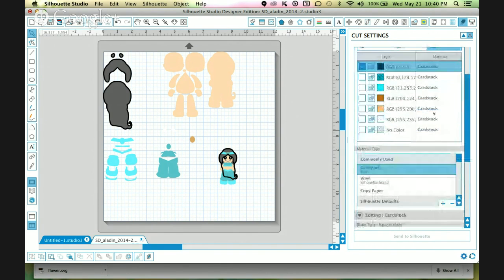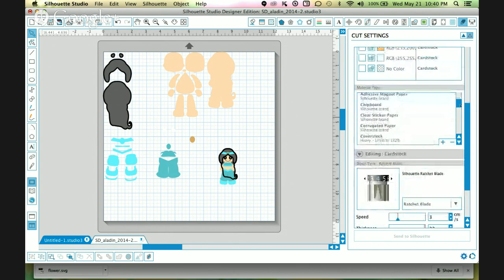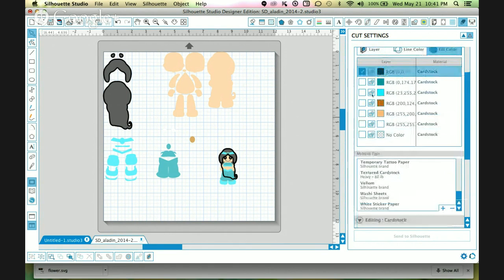Gotcha. And then for each layer, you could change the material that you want to use. For the black layer, you could choose cardstock, and then if you wanted to cut the top layer out of vellum, then you can change this layer here. There are different settings here for the specific materials that Silhouette has. There's tattoo paper, textured cardstock. Here's vellum right here. So if I was to say this color right here, the turquoise,